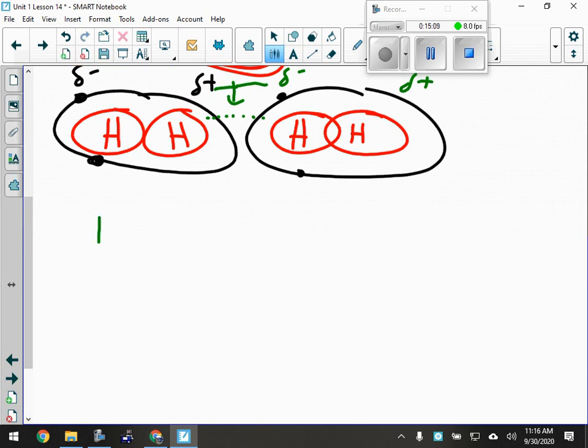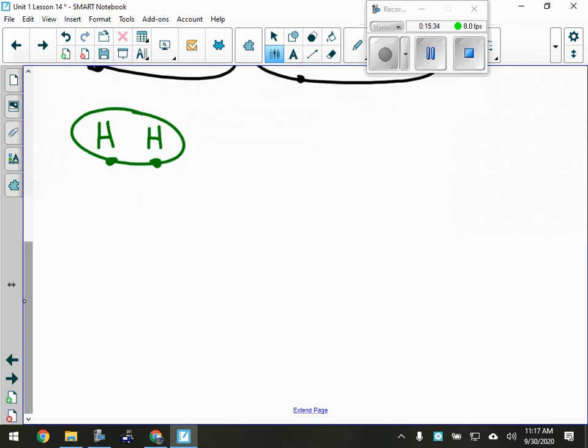So now we got a hydrogen that maybe looks like this. Okay, I'm just gonna, is that okay if I just do this now? Maybe the electrons are here and here. Well, guess what? They're split up pretty evenly now again, right? So maybe that is the off part of this light switch. So now there's not a partial negative and a partial positive end anymore. They're nicely split up like they're supposed to be, I guess. And as they continue to zoom around here,